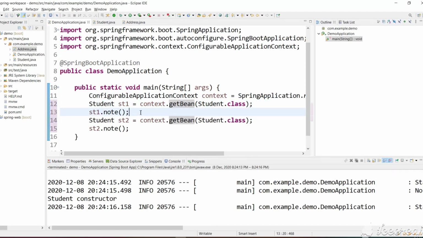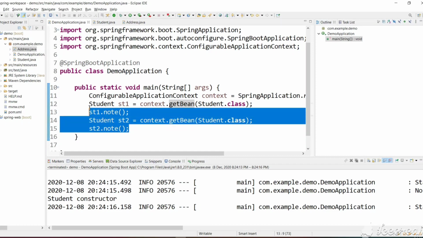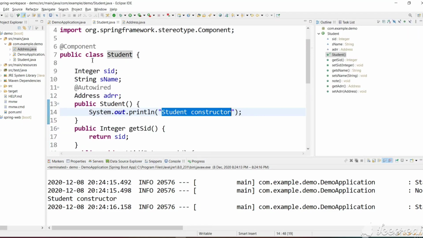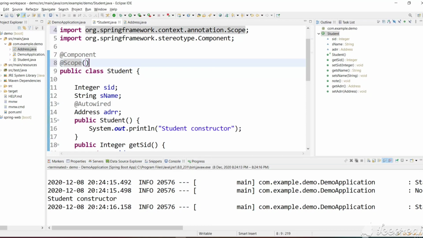And let's see if it is prototype scope, at what point of time the object is created. So let's comment all this again and change this to prototype scope.